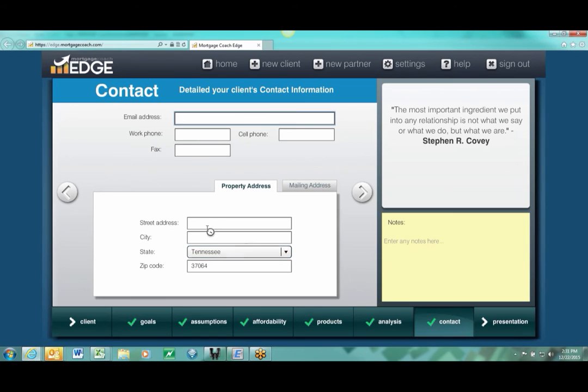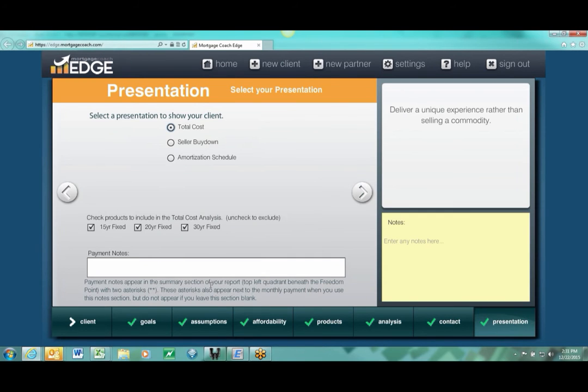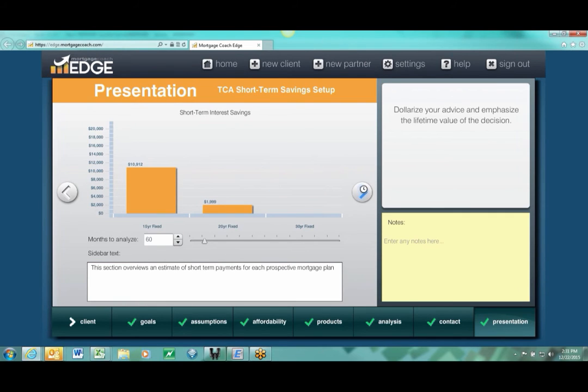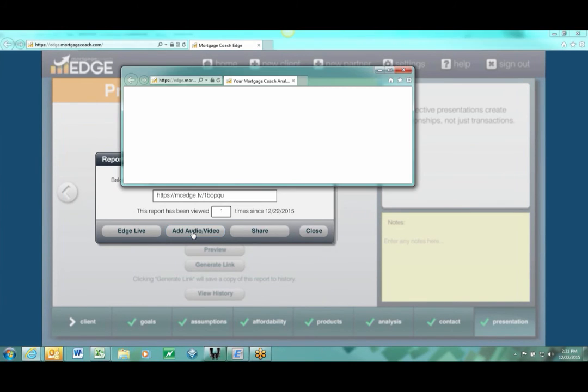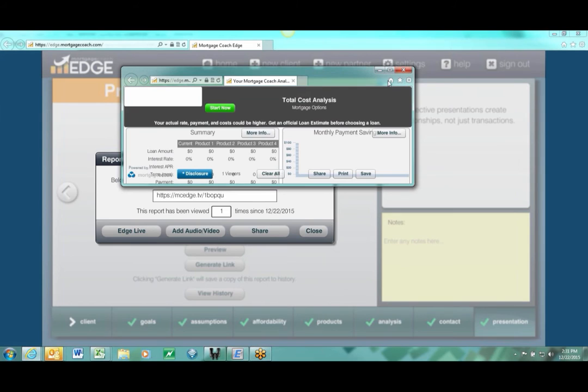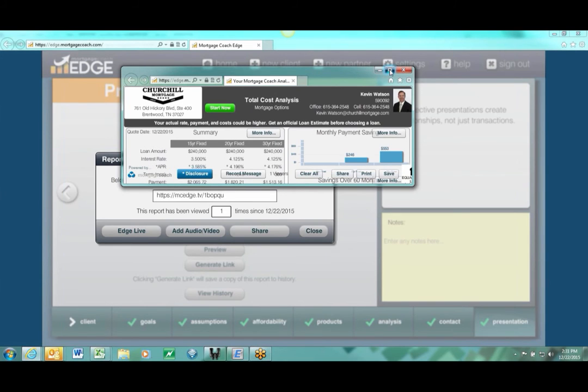to the contact screen, and you may want to put in the address. And any notes that you want to say here, you can. You always want to put the quote date there. That way you know what date you quoted them. And then you hit generate link, add your audio, and